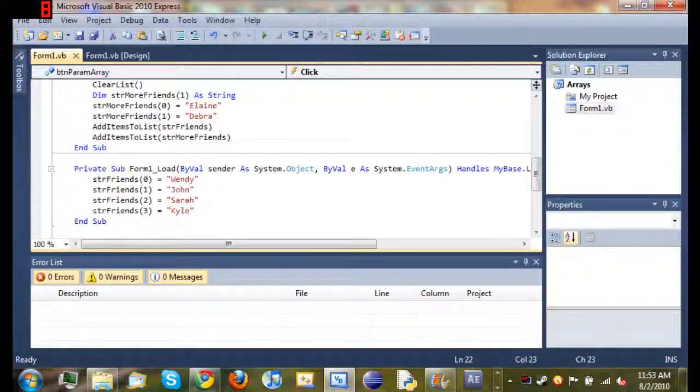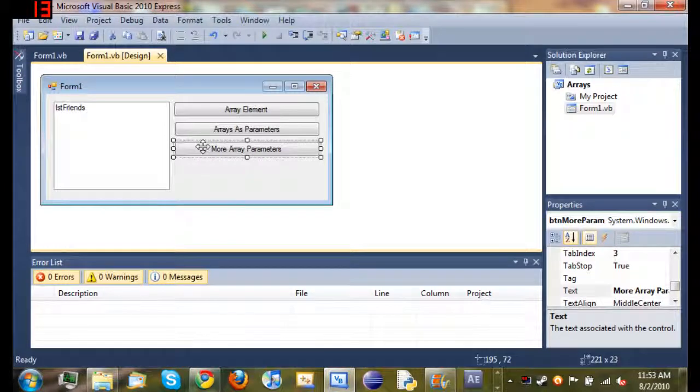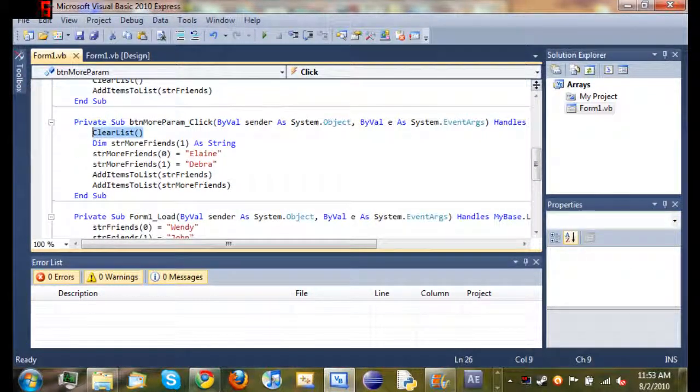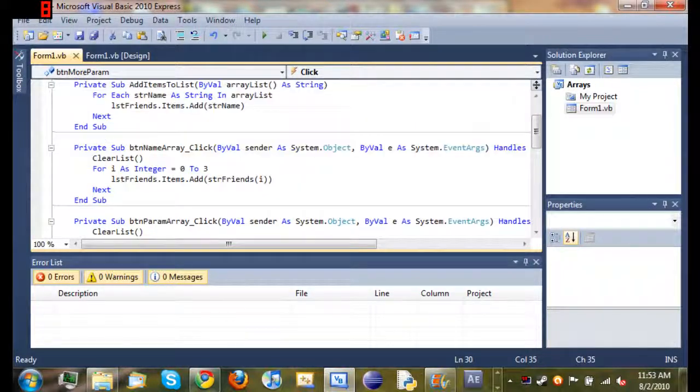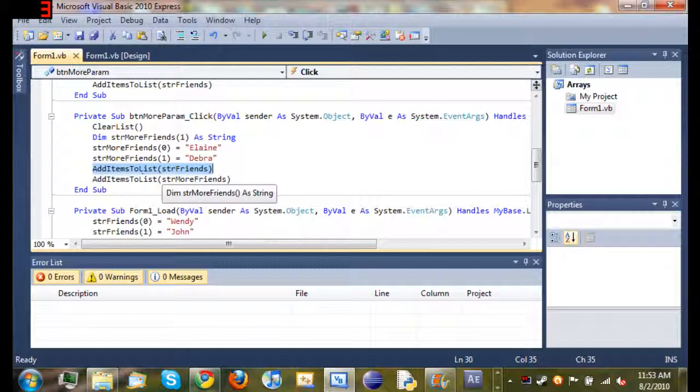So now what we're going to do is you add the button more array parameters. Go ahead and double click on that. Start off by clear the list like we always do. Then we declared string more friends as string, and we put 2 different names in it. Then we just set the values of those right here, and then we did add items to list string friends. And since string friends is declared up here and not inside of this function, we can use it inside the function without having to declare one. And then add items to list string more friends, which will just